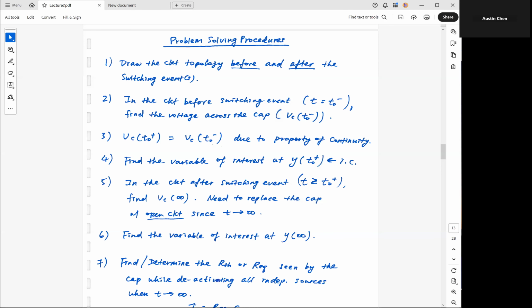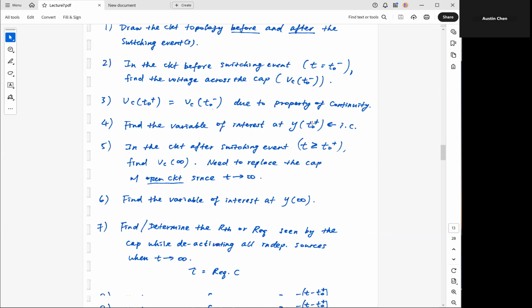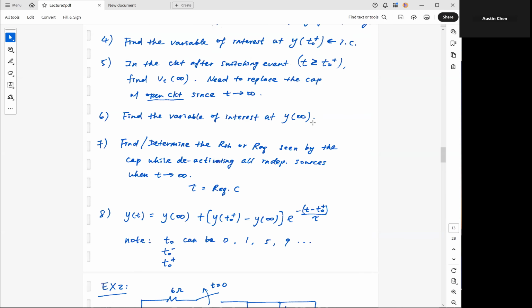Okay, so what I wanted to do next here is to go over some problem-solving procedures. I listed out the key steps here for you to follow when you see this kind of question on the homework or exam. You can always follow this problem-solving procedure. So I wanted to first show you